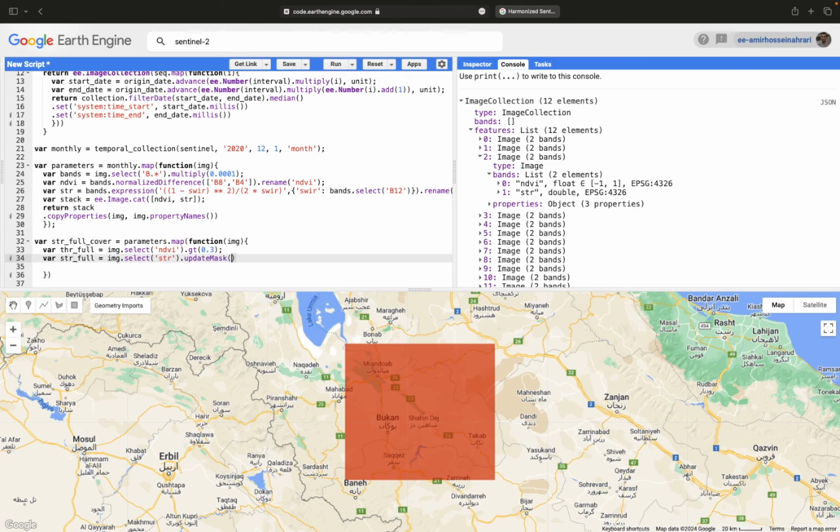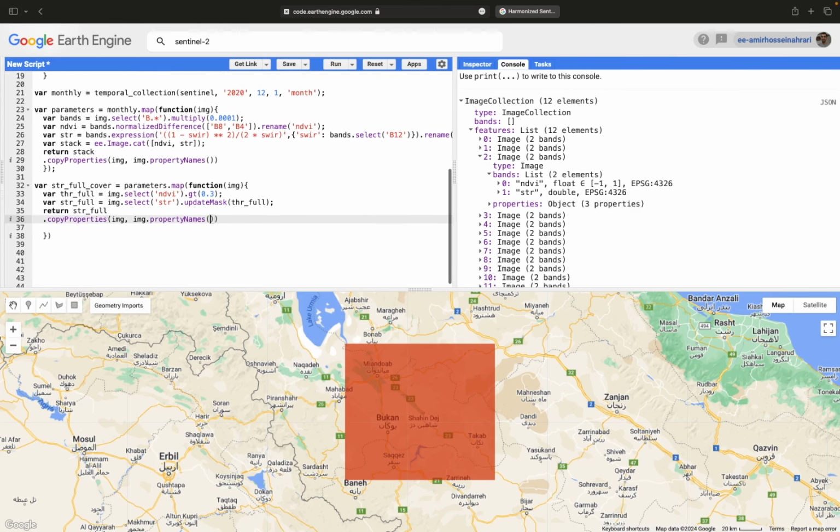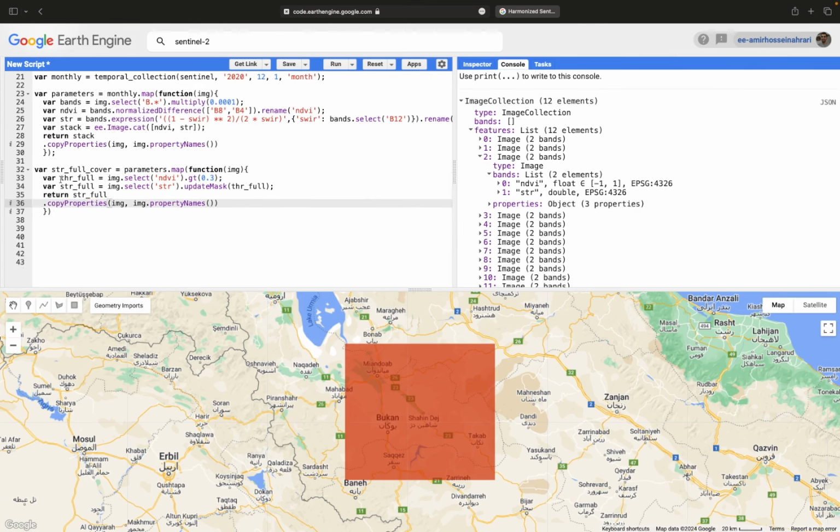Use the masking process to remove the non-full cover regions according to the threshold that is identified in the last line. So for each date, STR full cover will be returned by the code. So the function returns STR full cover with the properties of the input images. And now in the next step, I'm going to calculate or separate the STR values for